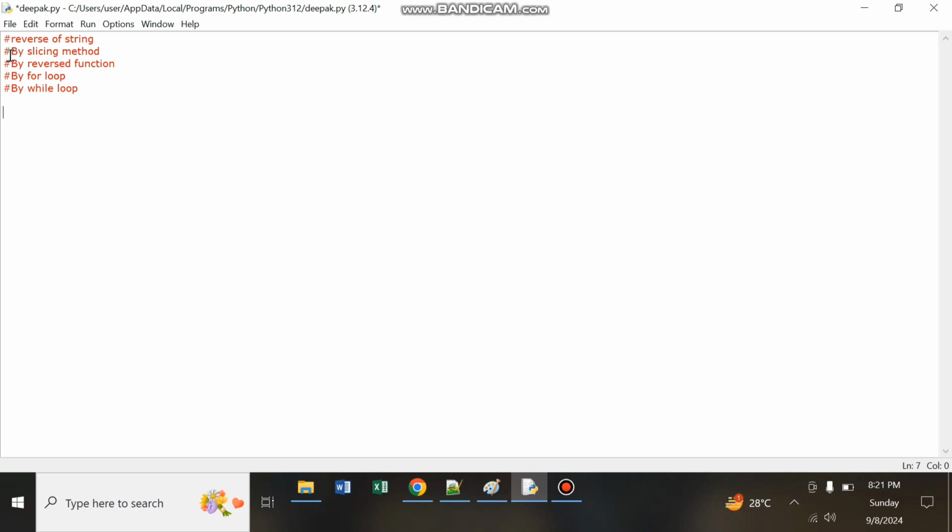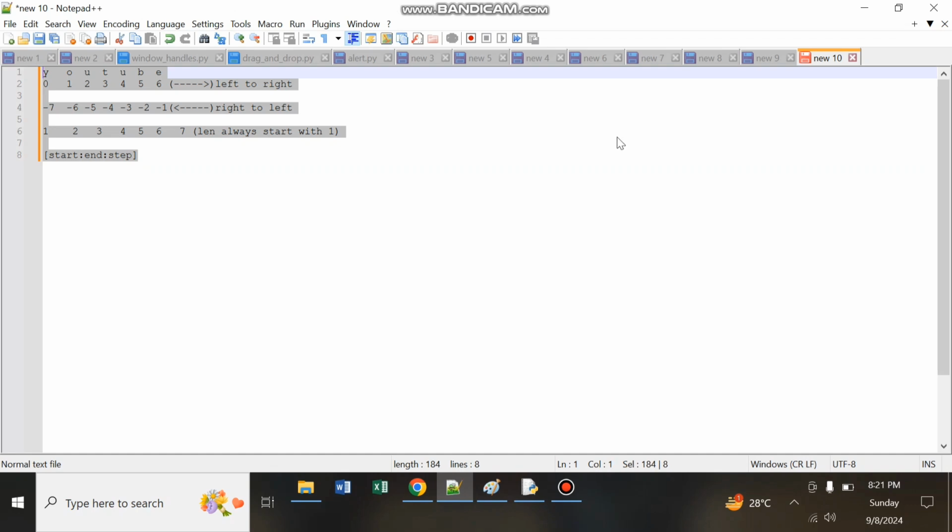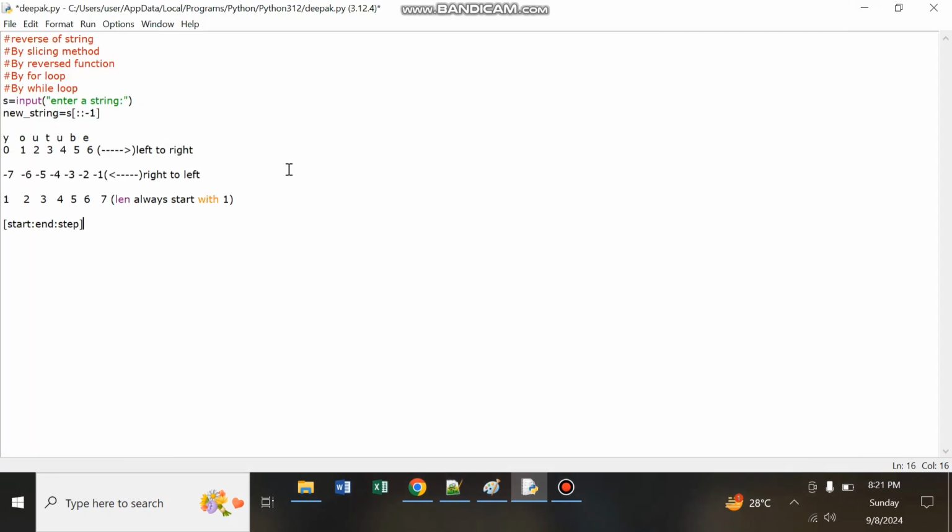So let's go for the first one, using the slicing method. I will enter a string variable s and enter a string. After that I will declare another variable, new string, and set it to s[::-1]. I'll explain so you can understand clearly. Suppose nothing is mentioned, it will start from 0, and the end point will be the length of